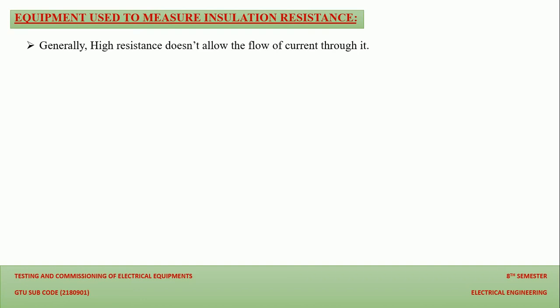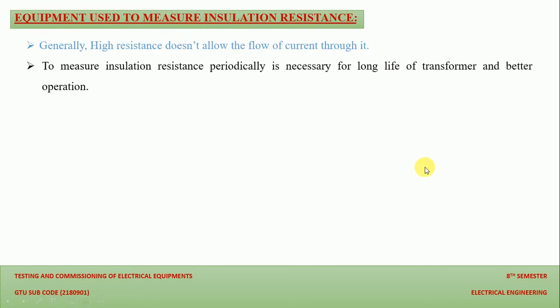But it varies according to our requirement: according to the level of voltage, we use different types of insulation with different properties. So generally it is a high resistance which doesn't allow the flow of current through it. Measuring the insulation resistance periodically is necessary for long life of the transformer and better operation. After certain use of a transformer we perform this test, and when we purchase a transformer,